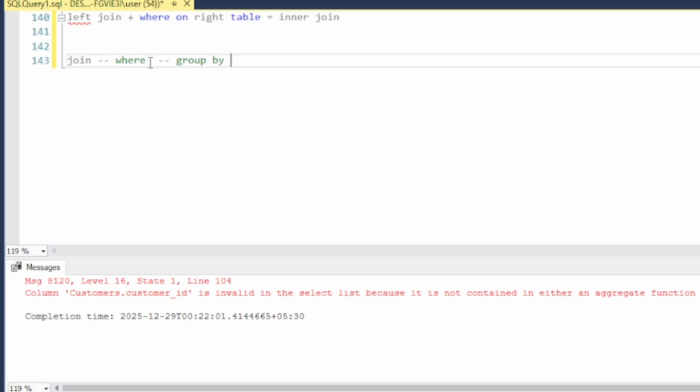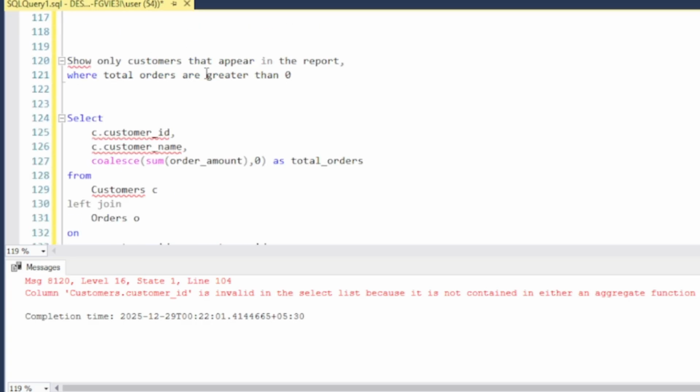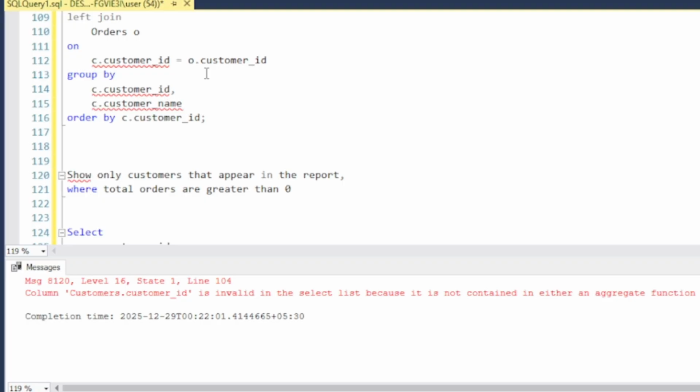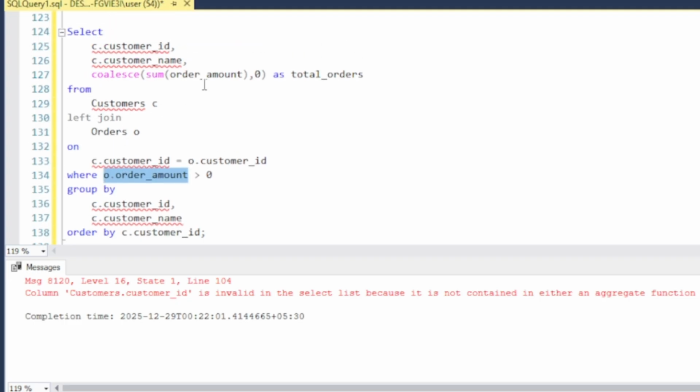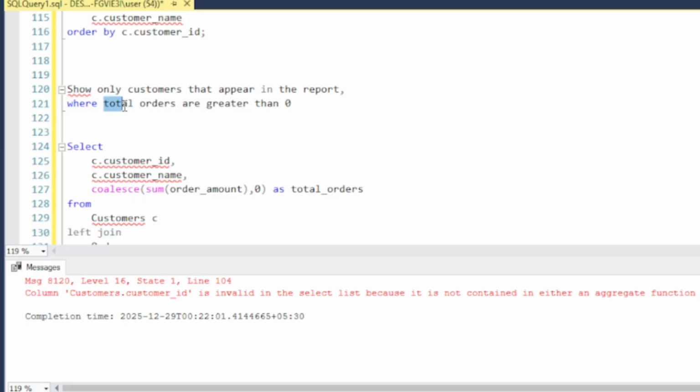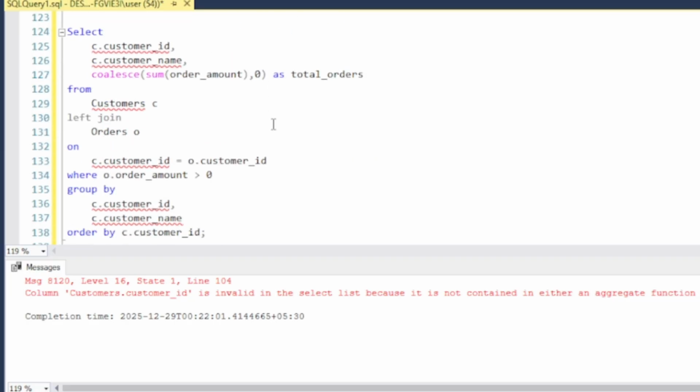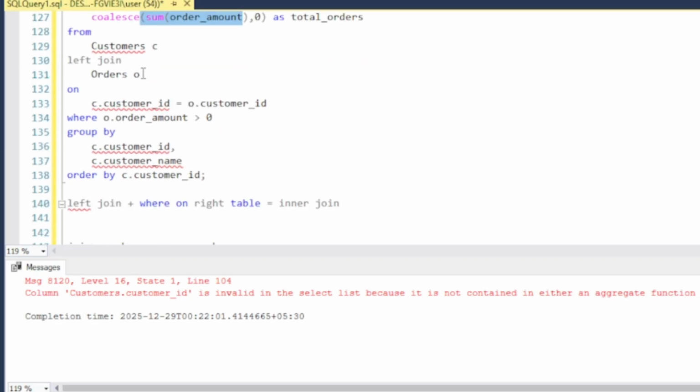You can check that. So whenever we want to apply a filter, there are two rules we have to keep in mind. Whenever we try to apply a filter on group by, we have to keep in mind if that filter is being applied on an aggregation column, like this sum order amount. Even if we focus on this question, total orders was the column, right? We need to look for total orders greater than 0. Total order means sum. And if we add a sum in the filter over here, we will surely get an error,